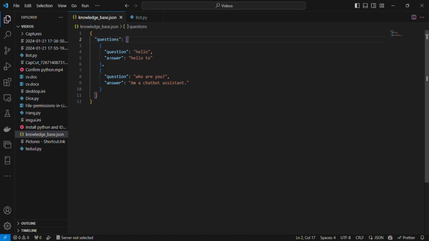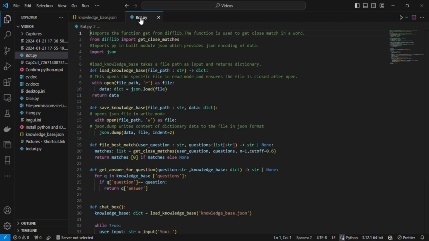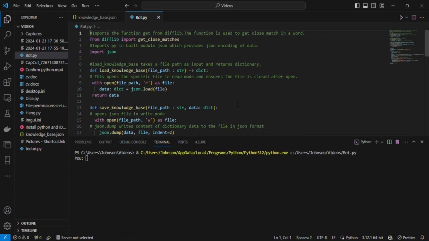So let's take a look at our bolt and see how it works. I just come back to the bolt.py, click on this top button here, and as you can see, I've been prompted with a place to enter my input. For example, I had written a few things with it, so let me delete it and say hello and see what it will return. You see, my bolt is able to pull the information from my JSON file, and it is able to tell me hello too. If I ask it what is your name,